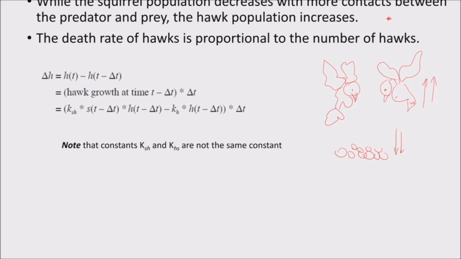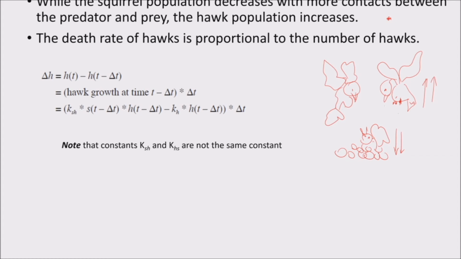When you're looking at it, it doesn't make any sense, but what is actually happening here is that during the time the squirrels' population goes down, the hogs' population goes up, and then at one point this is going to reverse. Why? When they don't have enough food, well, they start dying. So when the hogs start dying, the squirrel population will increase. So this is how it goes, vice versa, right?